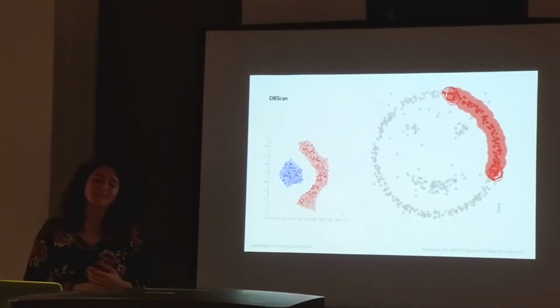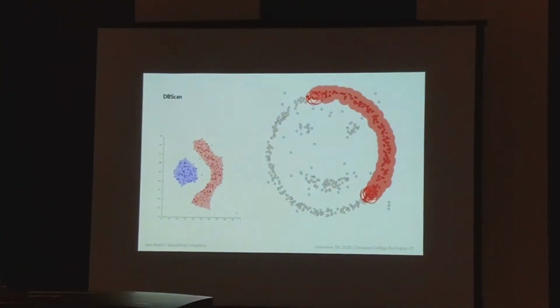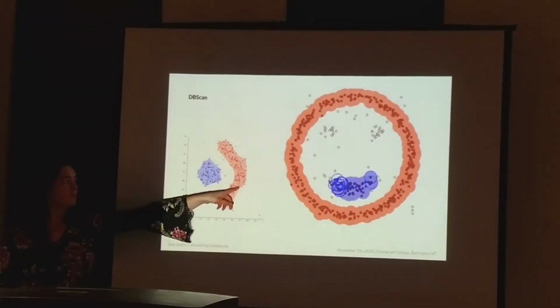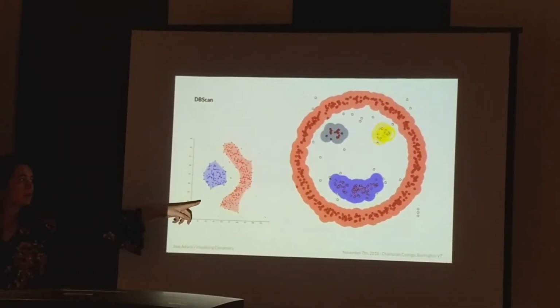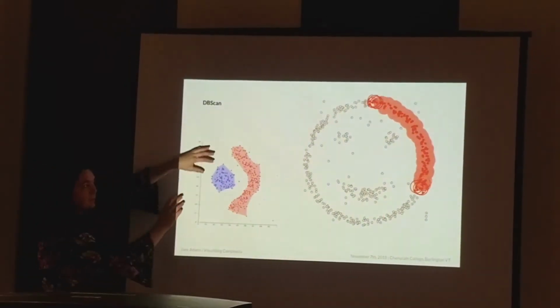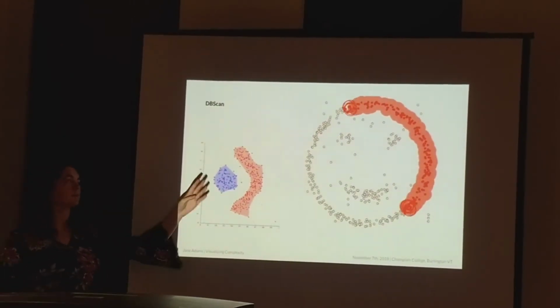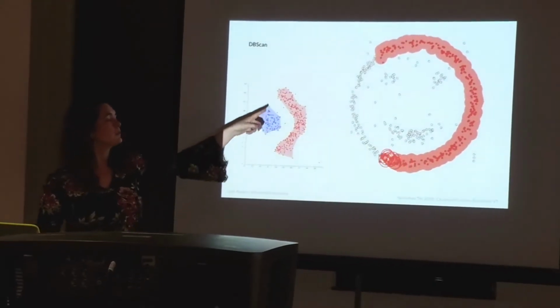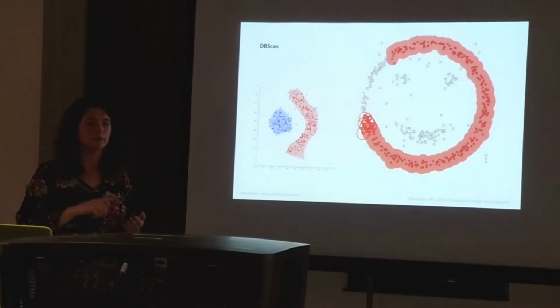This is another example. I just really like it because it's a smiley face. This is DBSCAN, which works a lot better than k-means clustering or some of our other clustering algorithms for finding things that are not circles. In this instance, when it's got a line like this, k-means clustering would probably try to say 1, 2, 3 or something like that, but DBSCAN is another algorithmic way of clustering that allows us to follow the shapes similar to the way that a human might trace something.